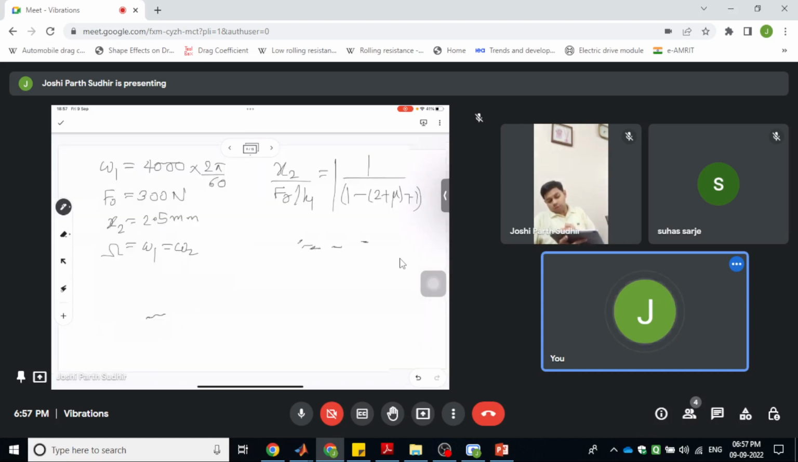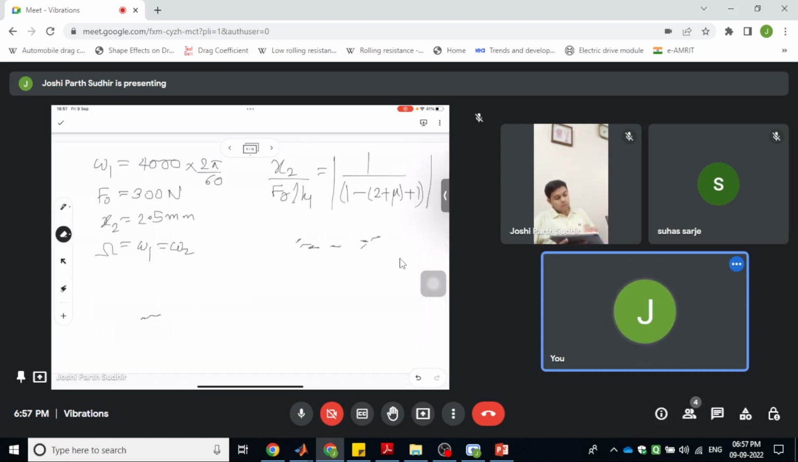So the modulus of that is 1 upon mu. So we will get the value of mu as